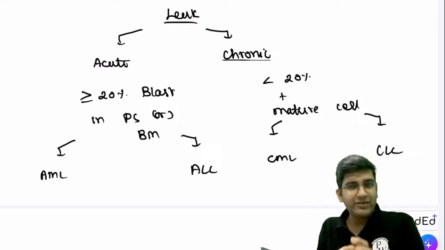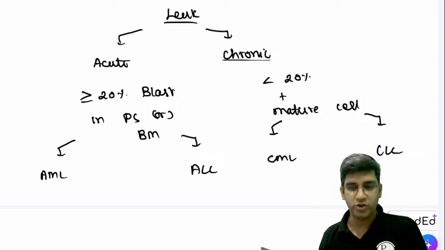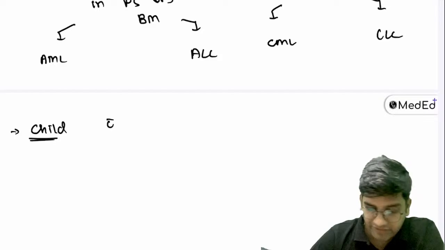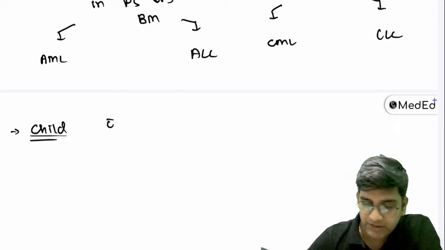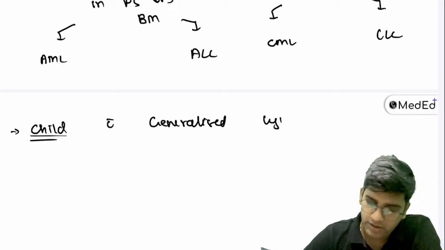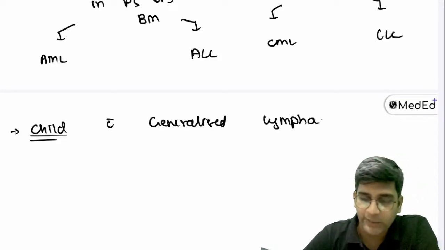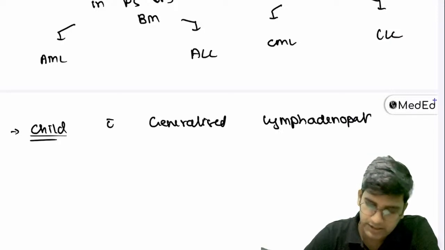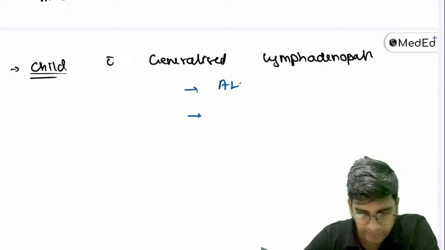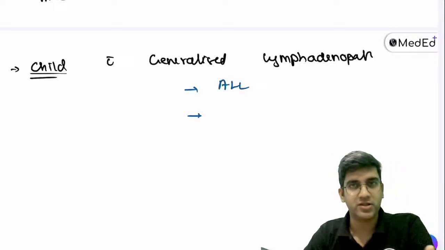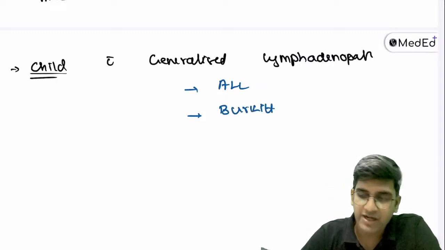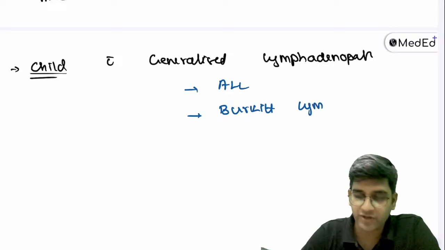Now, I'll give a few clues which should help you to diagnose all these leukemias, right? A child with, this is a very important age, child with generalized lymphadenopathy, okay? Lymph nodes involving the cervical, axillary, inguinal, right? Generalized lymphadenopathy. I have only two diagnoses in life. The first diagnosis, ALL, acute lymphoid leukemia. If it's not a leukemia, it could be Burkitt's. Burkitt's generally will not present with lymphadenopathy, at least for an exam.